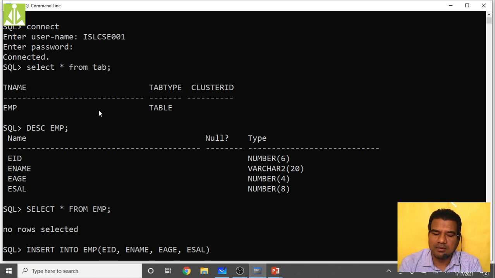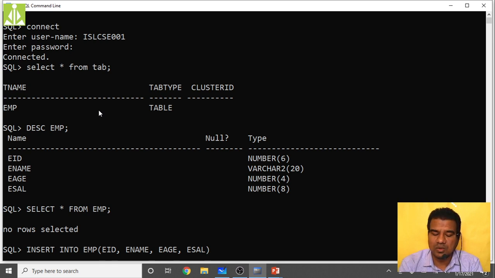About this insert command we need to discuss one more time. Throughout this session, many times we will discuss this insert command, because it has many different formats. So in one shot I cannot give the complete explanation about a particular command. So every time I will take a particular command and we will discuss a particular format of that command. We'll not discuss the complete information about a single command in one shot. Slowly we will grow, slowly we will feed. So this is the way to insert the rows inside your table.